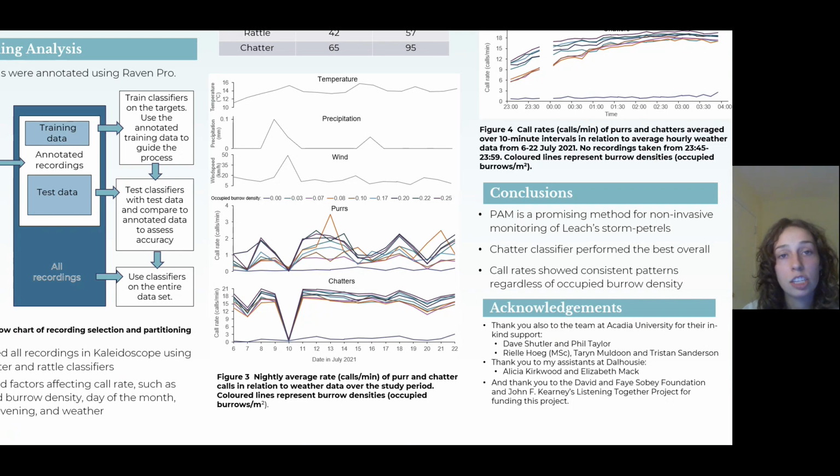There does seem to be an association between burrow density and per call rate, although the recorder needs to be exceptionally close to the burrow to determine breeding status. So we conclude that PAM has potential as a storm-petrel monitoring method, but further study is required to build on